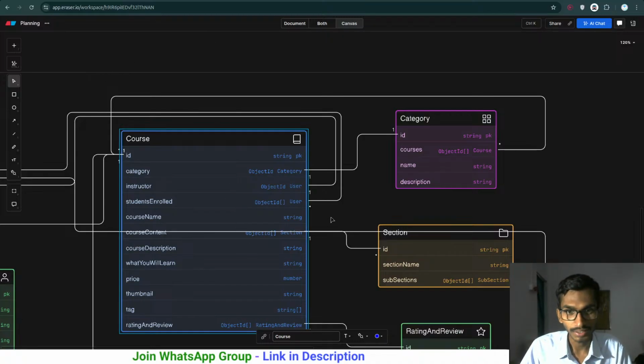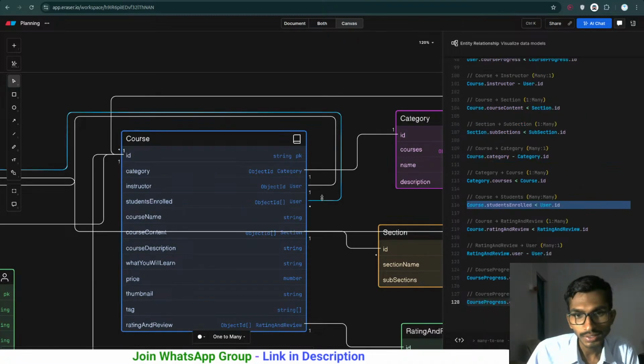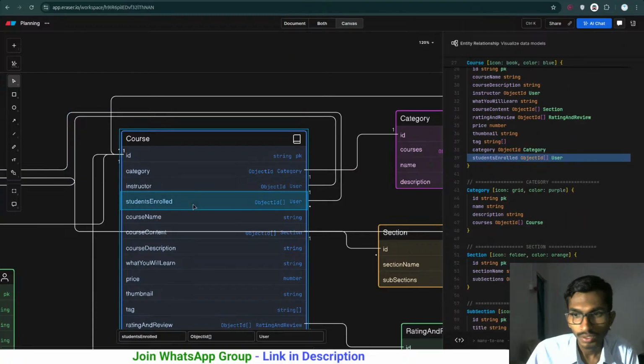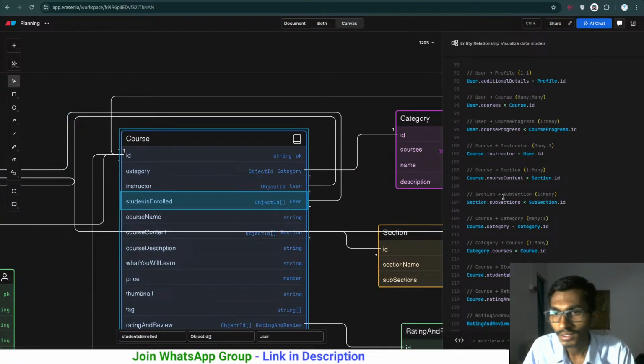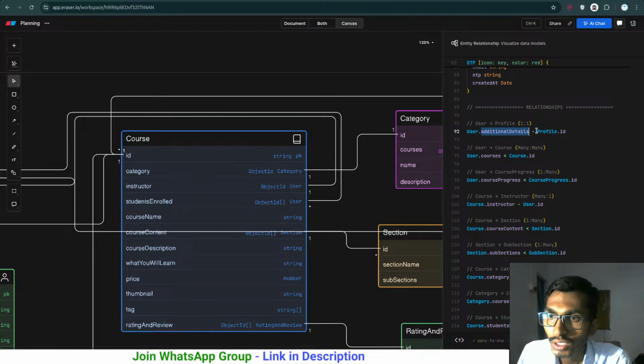I'll have to go through this thing as well. By the way, if the students enrolled, there are going to be many students. In that case, what it is saying, just a minute. Students enrolled. If I go here at the end, let's go through it. User additional details, one to one. That's fine. User course. So course can have